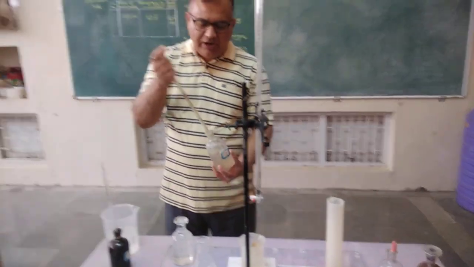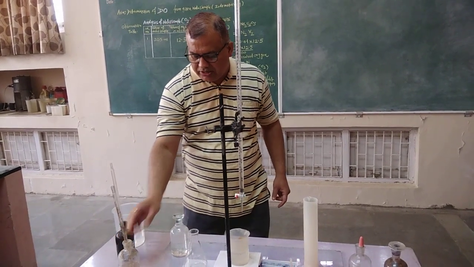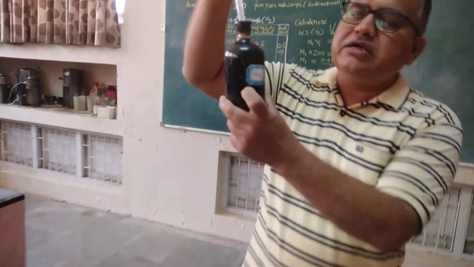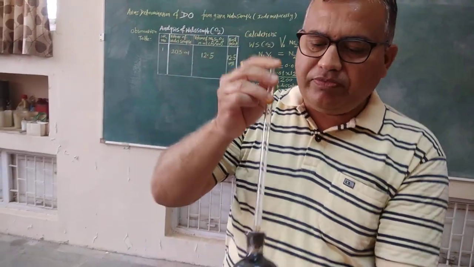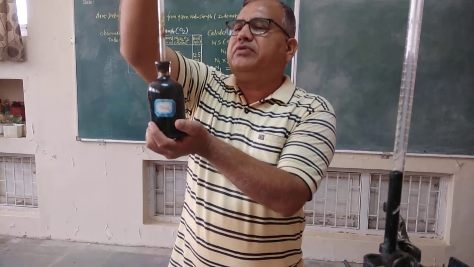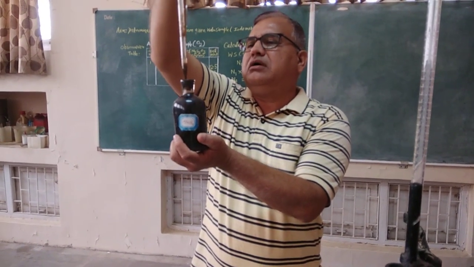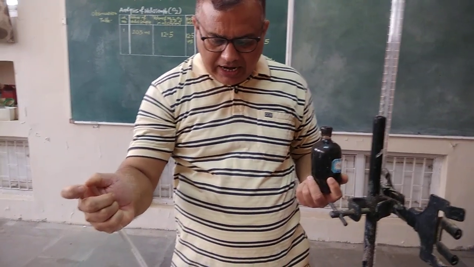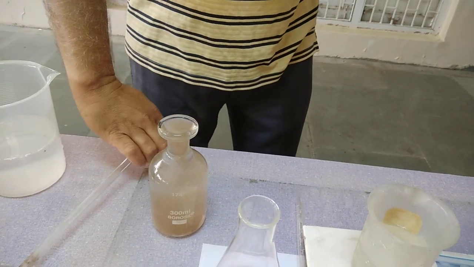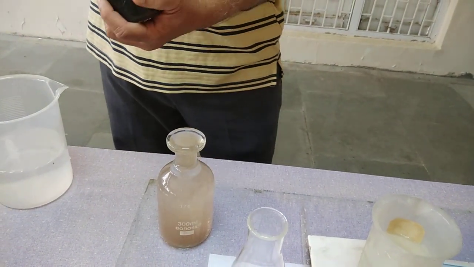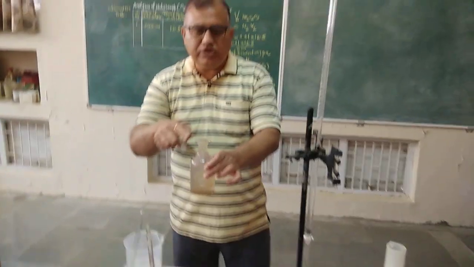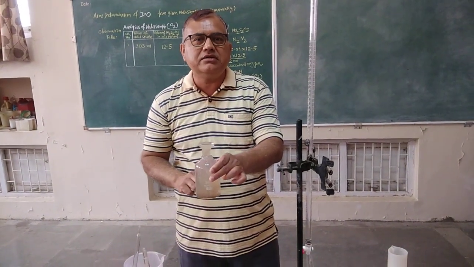In this way, we have added 2 ml of this alkaline iodide azide reagent, and followed by the second reagent you have to add again 2 ml, that is manganese sulfate. This is manganese sulfate. So again pipette out this manganese sulfate solution, again 2 ml. In a similar way you add this solution, 2 ml. Okay, and then see what is the next step. We have added exactly 2 ml of these 2 reagents, means a total of 4 ml of reagents.